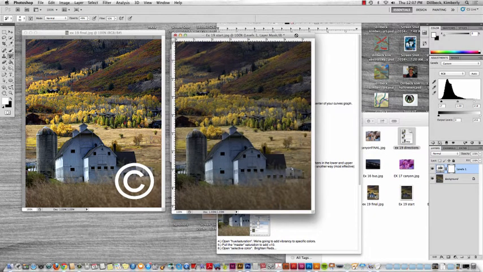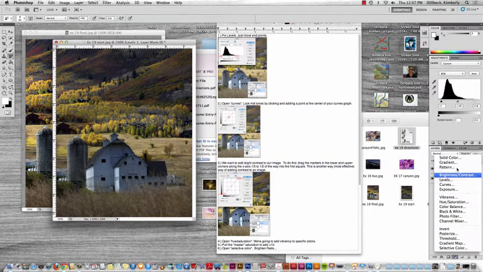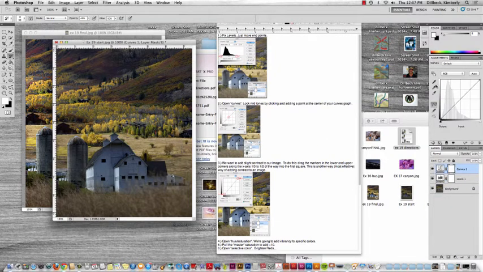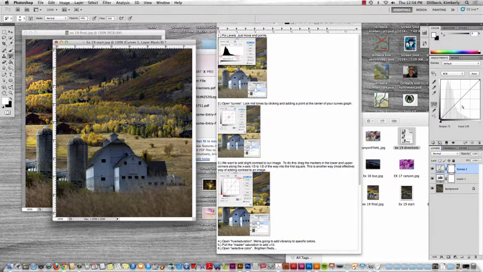So that's the first step. The second one, we're doing curves, and curves is kind of a weird one, but it gives you a little grid. And continuing on with curves, you want to lock the point in the very center of the line, and you do that simply by taking your cursor and clicking right where the grid lines intersect in the center of the grid